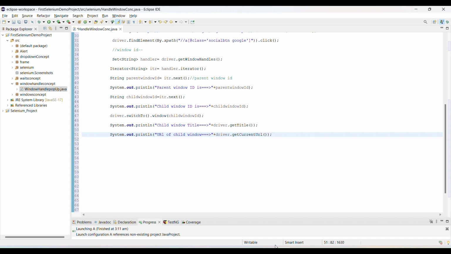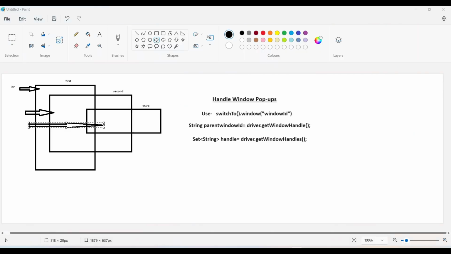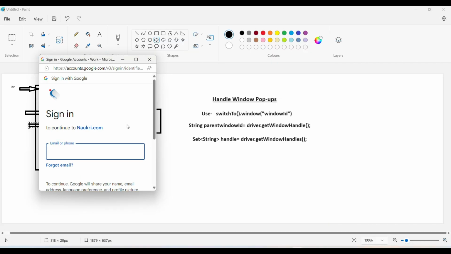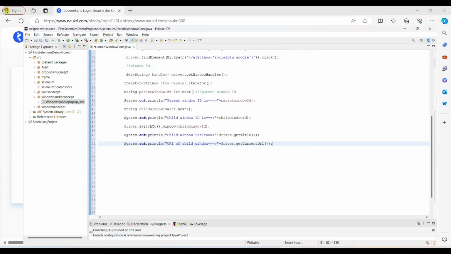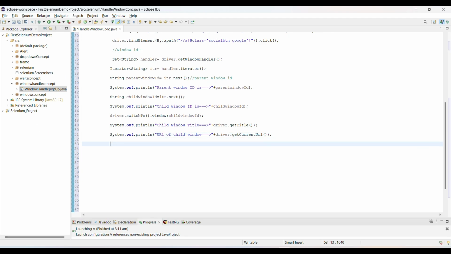After that guys, I performed this task: I moved to this window, then I want to check the title, then I want to check the URL, then I am going to close this window. So if you want to access your parent window, how are you going to access it? Simple, you need to do the close method. So driver dot close. Using the close method, this will close the current instance window.